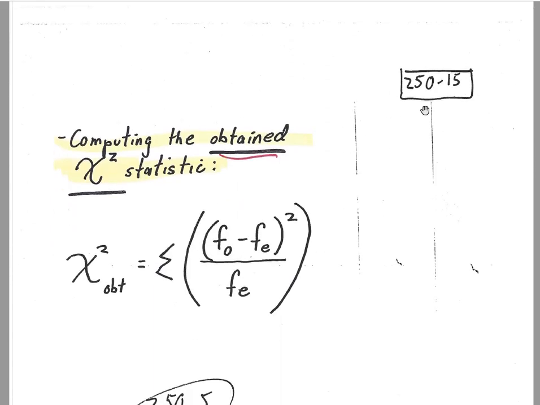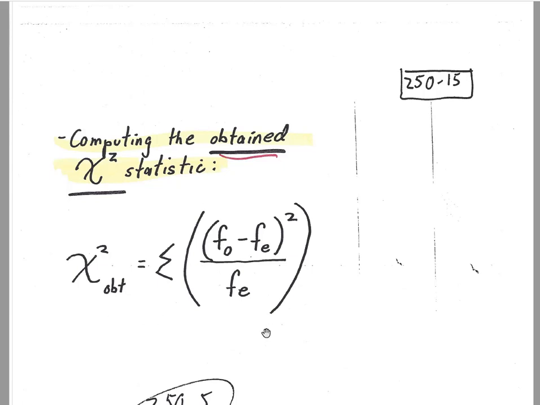So let's move on to page 250-15. Here is the statistic that we've been working our way toward, the obtained chi-square statistic. Computing the obtained chi-square statistic, there's a formula for computing that when you're doing this chi-square test for independence. You can notice the formula once again involves observed frequencies and expected frequencies. You do not need to memorize this formula. You're not going to compute this chi-square statistic in my class, but I do want you to understand conceptually what the chi-square statistic is all about,